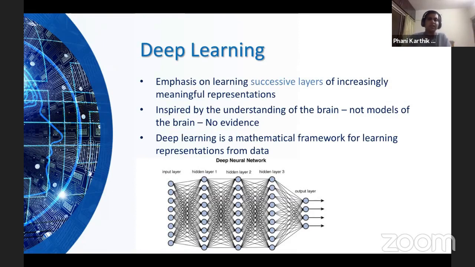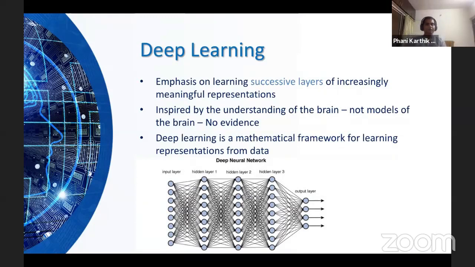But what the change is, there is an emphasis given on successive layers of increasingly meaningful representation. There we have spoken about coordinate change. There is just one representation, right? So it might happen that machine learning may directly understand the problem within one layer or within one shot and come up with that kind of rule.